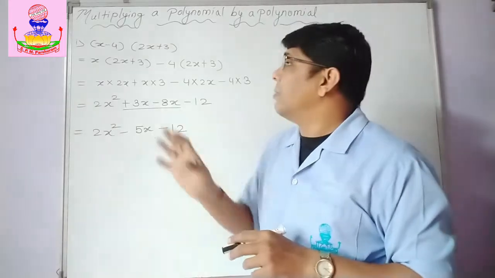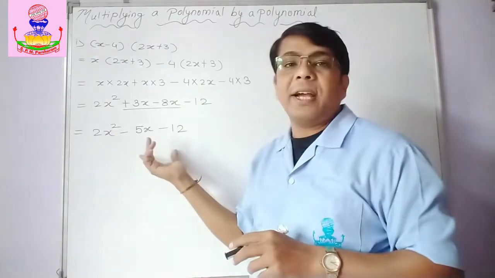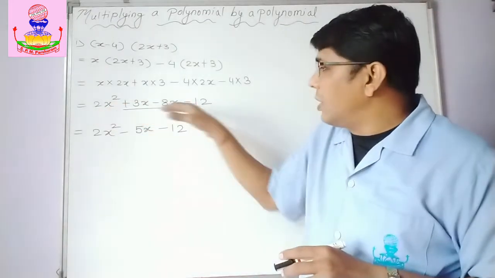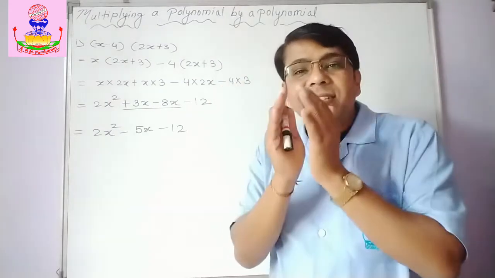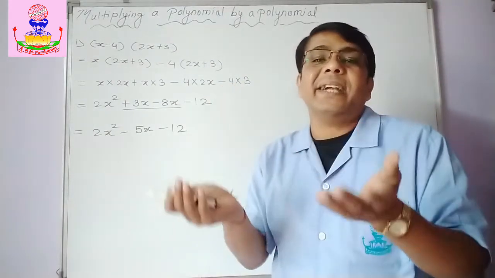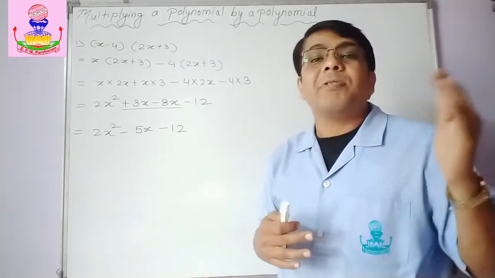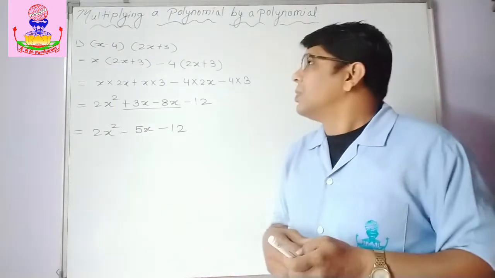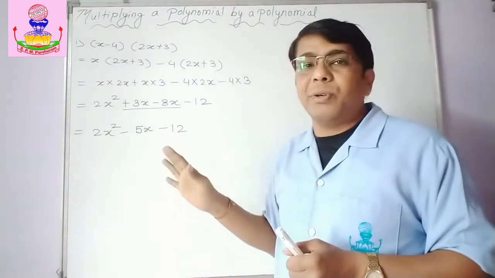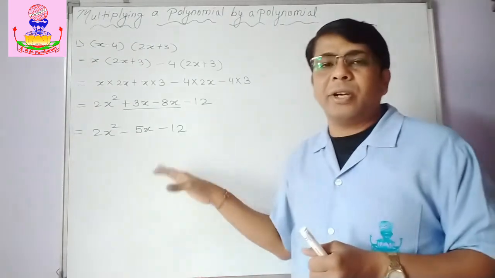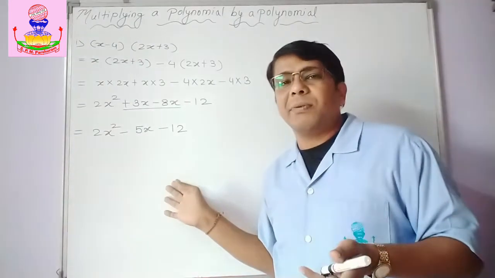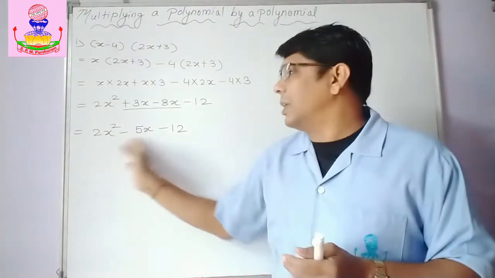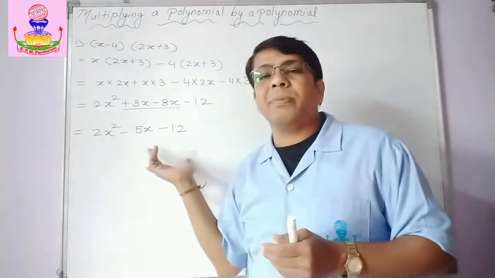Keep this in mind. You may feel that there are total 4 terms. So in the final answer, I should get 4 terms. Actually, you have got here 4 terms. But what happens? Similar terms or like terms, they are either added or subtracted. And so, in the final answer, I may get 3 terms, 2 terms. It depends. Okay. So, accordingly, keep this in mind. You will never get 4 terms. Most of the times you will not get. In the rare case you may get when all these terms, they are not similar. Okay. So at that time you may get how many terms are here? 4. So you may get here 4.